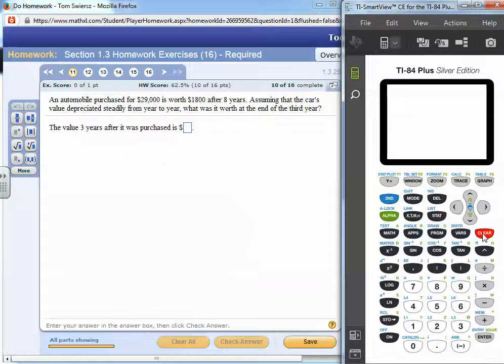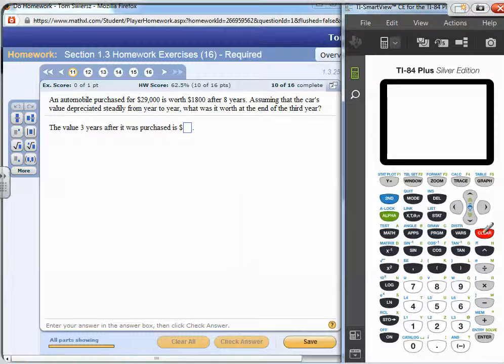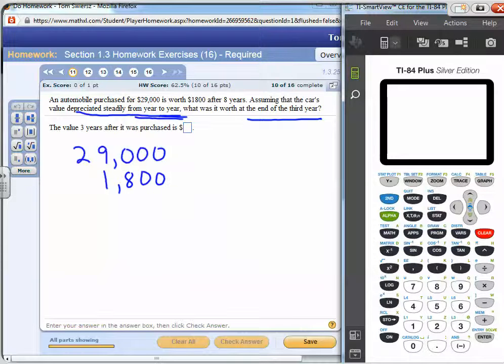Number 11, an automobile purchased for $29,000 is worth $1,800 after 8 years, assuming that the car's depreciation steadily decreased from year to year. What was it worth at the end of the third year? So basically what we need to do is find out how much it decreased per year, and it's steady, so it's an average, right? So how much did it decrease? It went from $29,000 to only $1,800. Okay, so when we subtract, we get